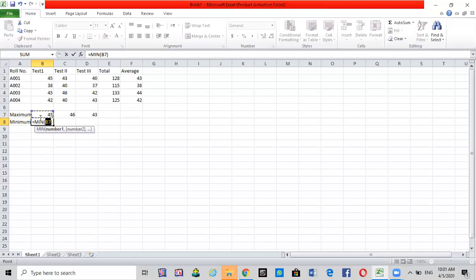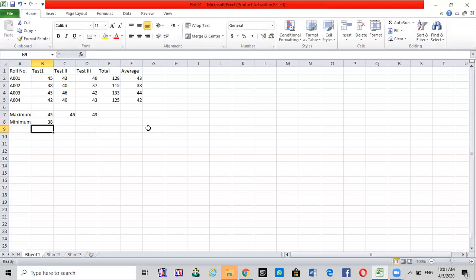See, this pointer is changing from this shape to this shape. When it is in this shape, it means you are ready to drag it. Press the left mouse button and then drag it to the start of the range, which is from here, and then wait for the cursor to change from this sign to this sign. When this sign appears on the screen, it means you are ready to change or extend the range. So just press the left mouse button, drag it and leave at the last cell in the range. And that's it. My work is done. Now it's time to hit enter.